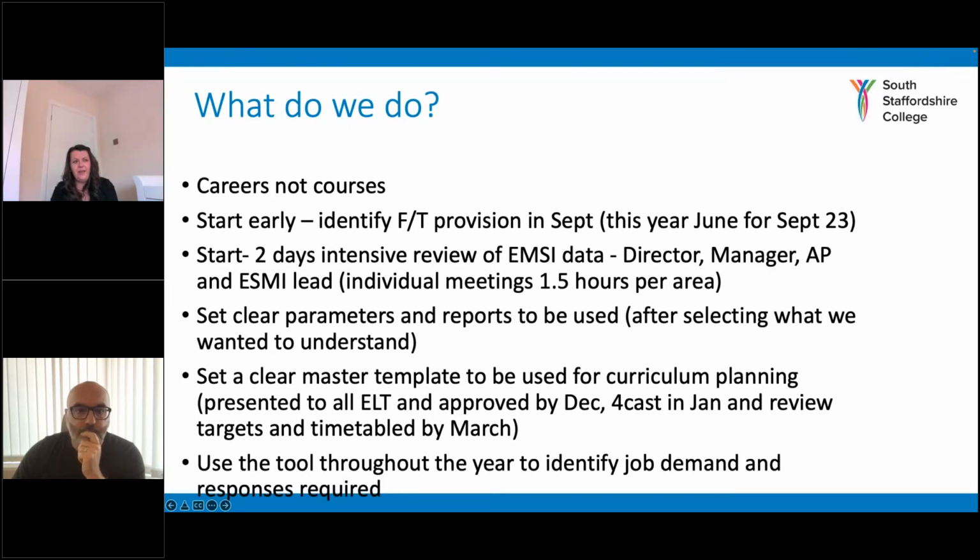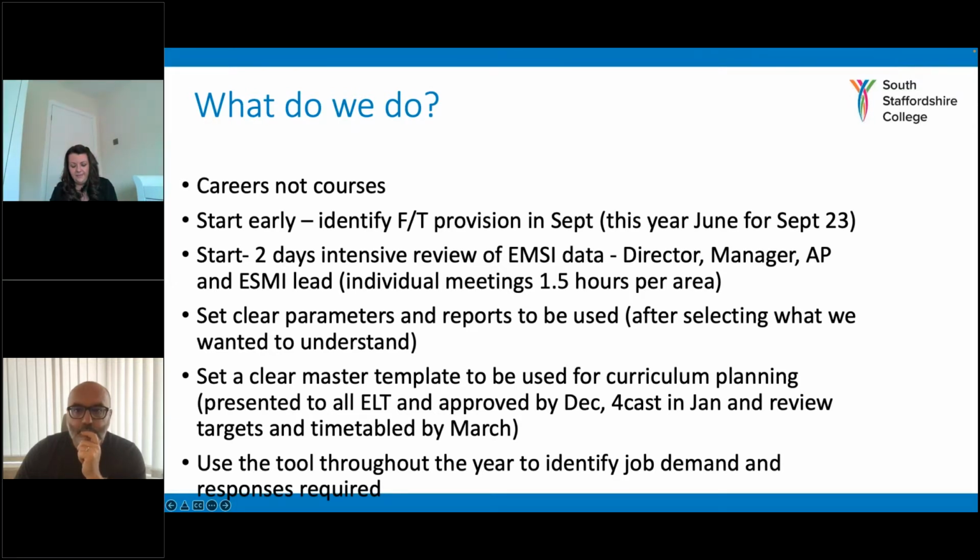It then continues, but that gives us a bit of a launch and an intense period to start to understand the data. So the first thing that we do is we arrange a series of meetings with Ben. So each director and each curriculum manager, so for example in construction, and myself would join Ben in a 1.5 hour slot, and we'd have a look at what's happening in that sector. We'd also obviously from Ben get any refreshers on what's changed on the system and what we can use it for and what's more effective. And that really launches us into the next 4-6 week period where we use the platform